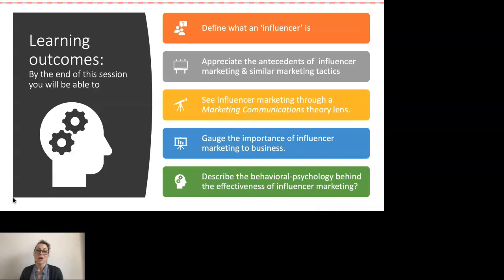should be able to define what an influencer is. You should also be able to appreciate some of the antecedents, so the things that enable or came before influencer marketing, and also understand some similar marketing practices. I'd also hope that you'll be able to start seeing influencer marketing through a marketing communications theory lens, so to kind of appreciate where it fits in the theory and how we can use the theory to plan this particular